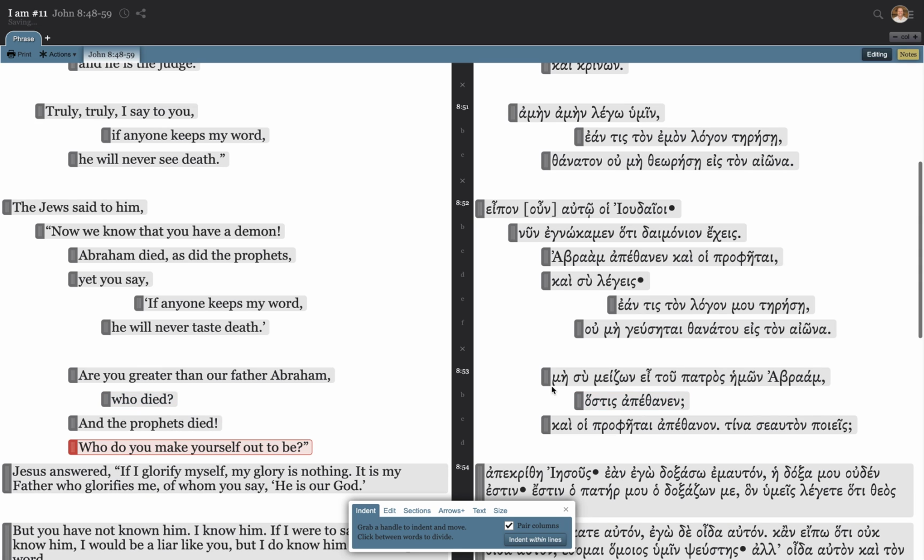Who do you make yourself out to be? That's literally what the Greek says. Who do you make yourself? Who do you make of yourself, I suppose? I'm going to put this one out, and I'm going to see this as kind of a therefore. Therefore, since Abraham died and the prophets died, and yet you're talking as if